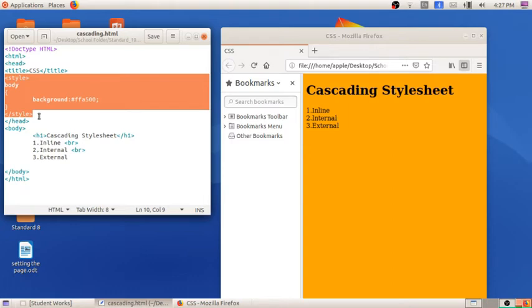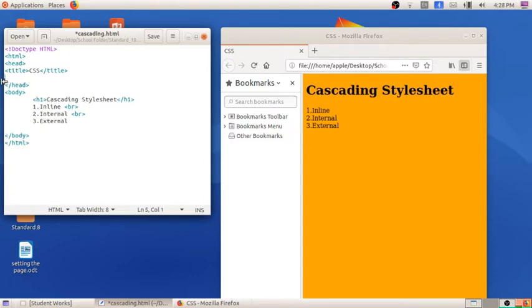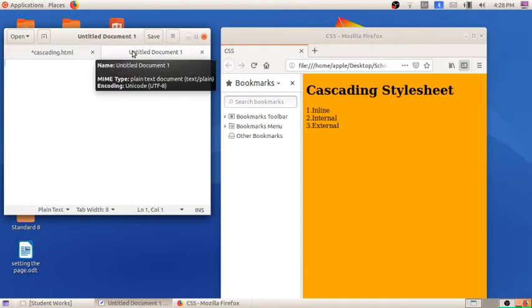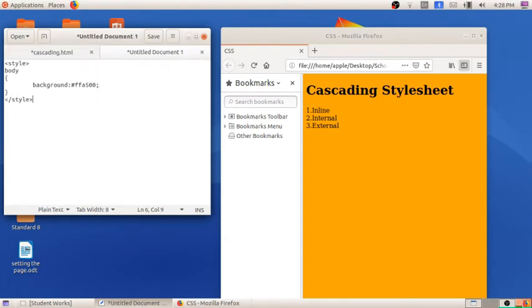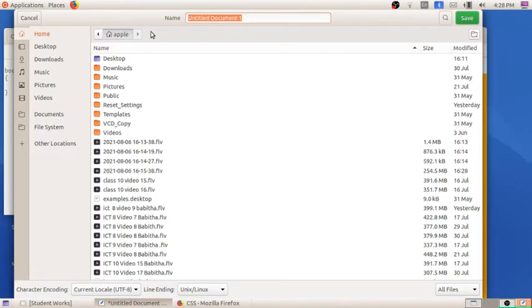Here I am going to cut this portion, and next I am going to open a new file. I am going to paste it over here and remove the style tag. Okay, and I'm going to save it as style1.css, because a file named style.css we have already saved previously.